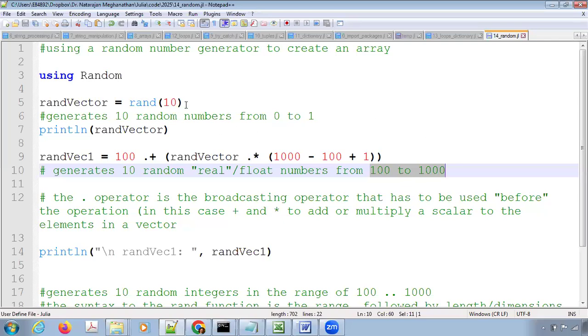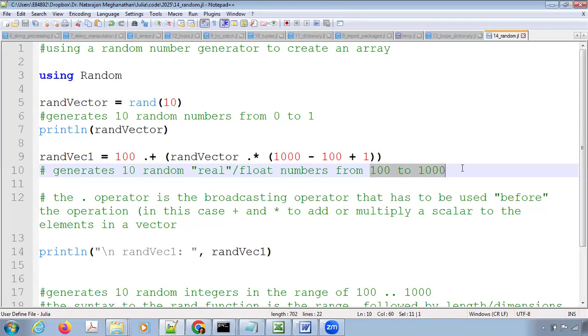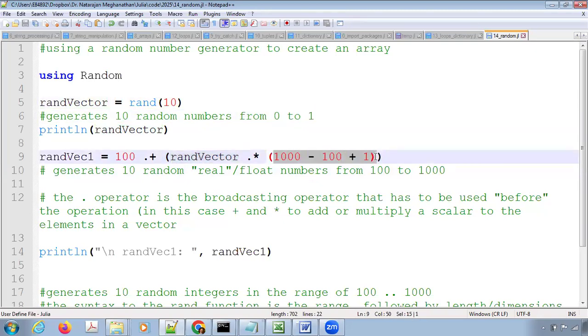So the goal, again, let's say you want to generate 10 numbers from 100 to 1000. I have already generated the rand vector that has 10 random numbers from 0 to 1. So I want to scale it up to a range from 100 to 1000. The way I will do that is, I'll multiply every element in this rand vector by this term, which is basically